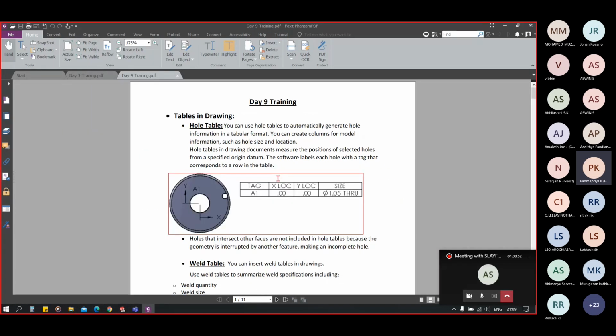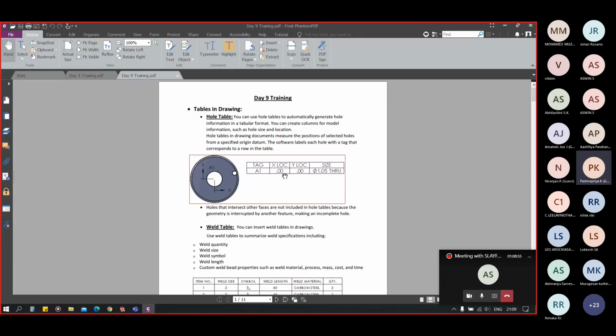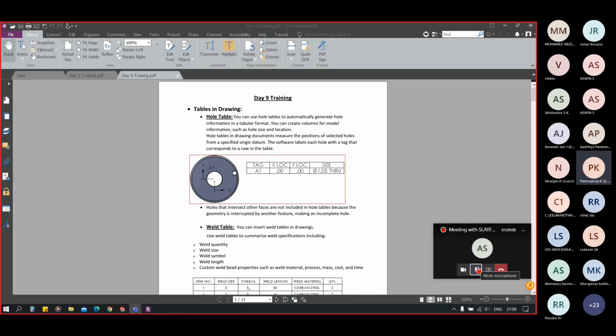So you can see we can add a hole table when there are lots of holes in our part and we cannot add manual dimensions to each hole, because it will create a non-aesthetic drawing, and what we say in our local language that,